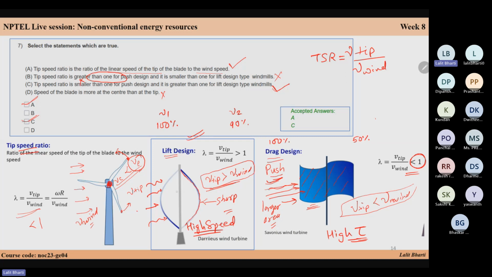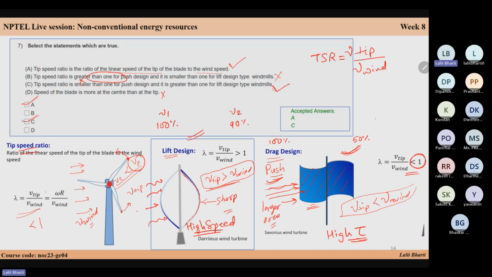That is why this kind of design is not very much used. The lift design is not very much used for small applications like household or small windmills. So for small windmills, mostly a drag design, or a semi drag, you can say, optimum drag design is used,